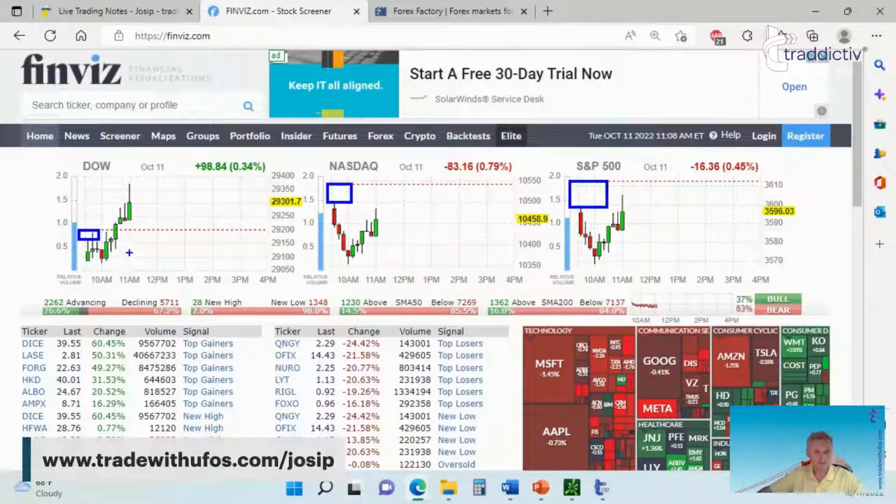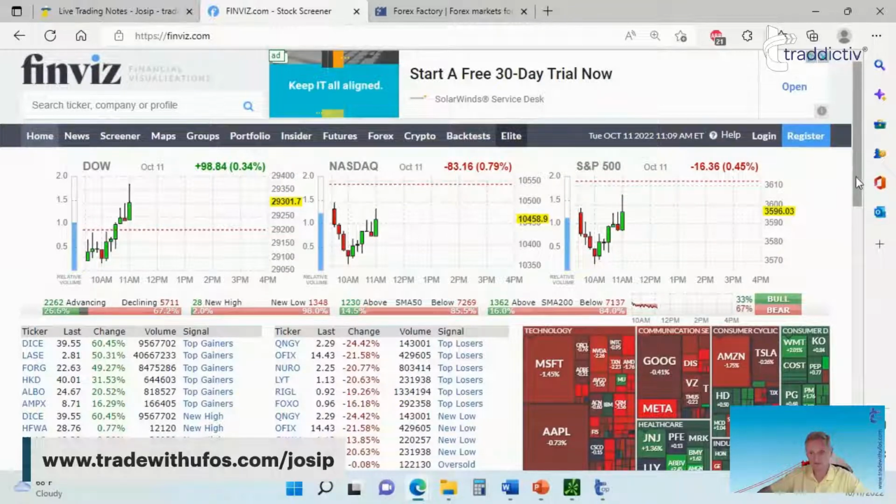But the one that is the strongest of them all is actually the Dow, and then it comes to the S&P 500. You can simply observe that just by looking at the percentage. Don't look at the dollars because they don't mean anything in comparison to each other. Like this $98 up would be a completely different story on the S&P 500. So you should be looking at the percentages, and be aware that I want to look at the Nasdaq because the Nasdaq is the weakest of the week.